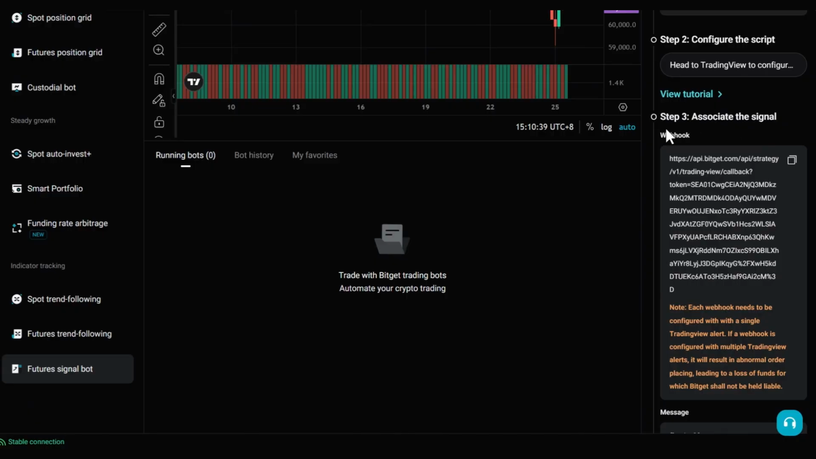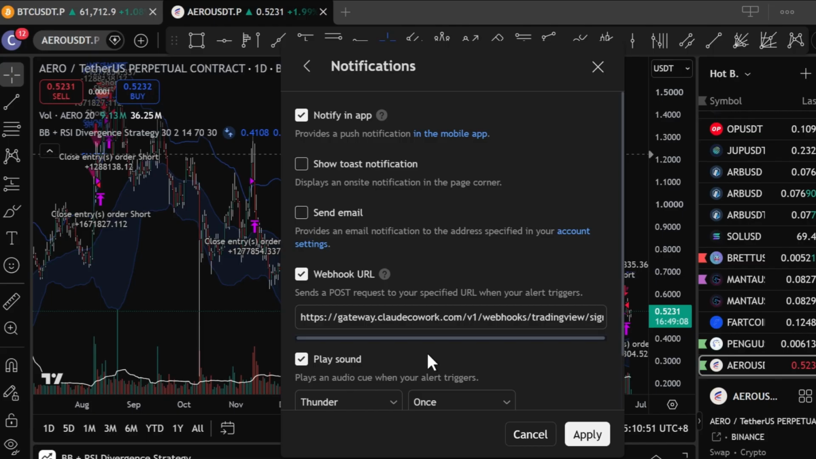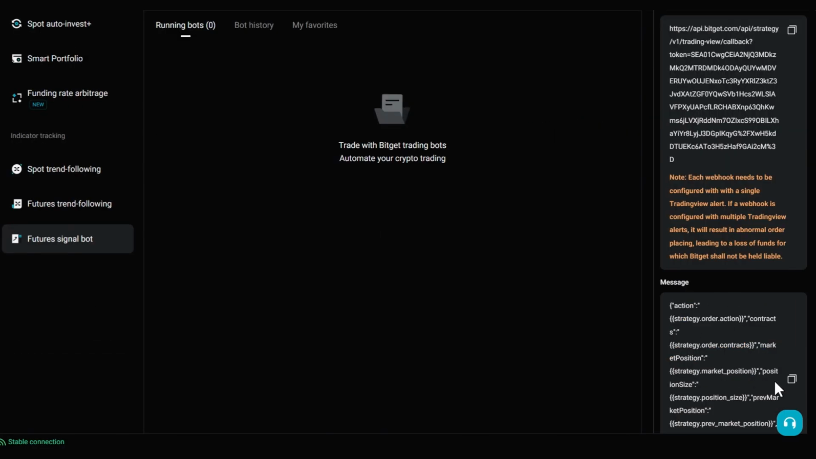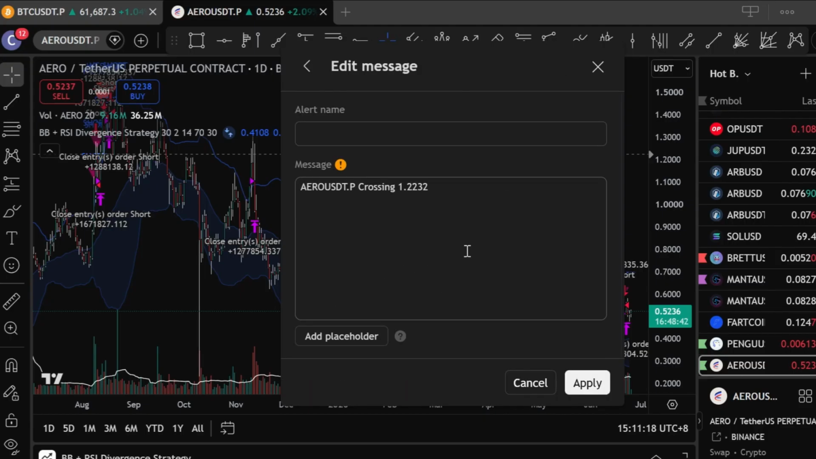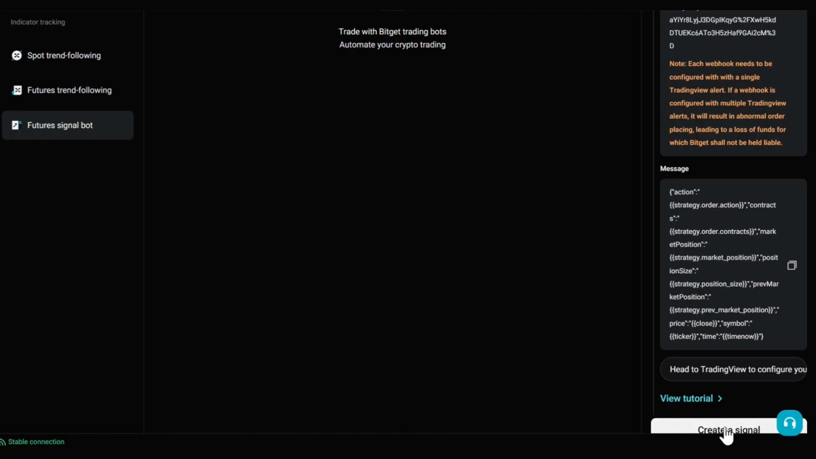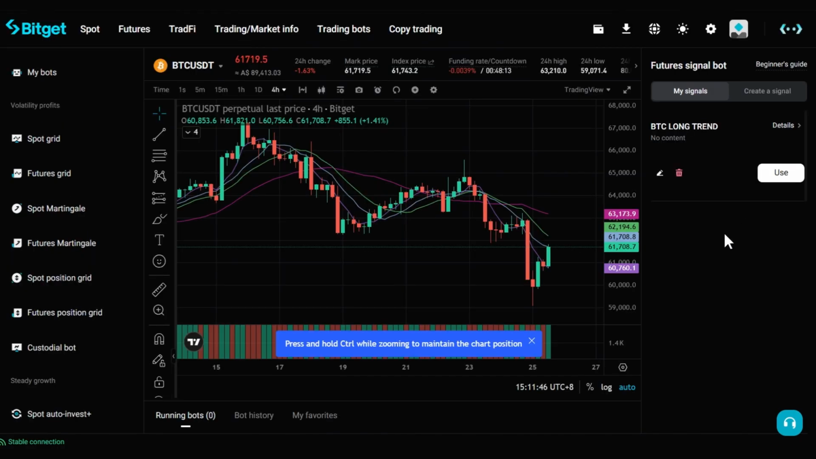Step 3. Copy the webhook URL provided by Bitget and paste it into your TradingView alert configuration. Important, each webhook should only be connected to one TradingView alert to avoid execution errors. Then add the message script provided by Bitget into the alert message field. Step 4. Return to Bitget, click Create a Signal to activate the bot, and monitor performance in the My Signals